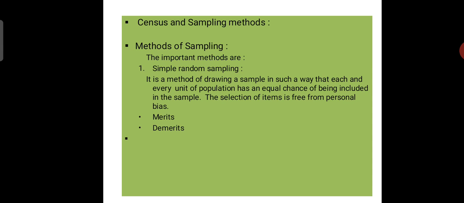Therefore, the sampling technique is used, where only a part of the population is studied and the conclusions are drawn on that basis for the entire population. For example, a housewife examines 2 or 3 grains of boiling rice to know whether the entire pot of rice is ready or not.